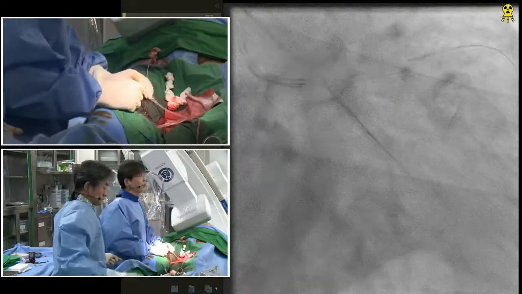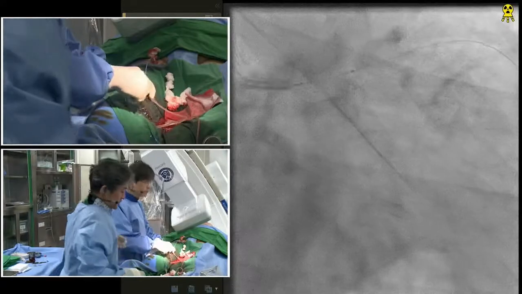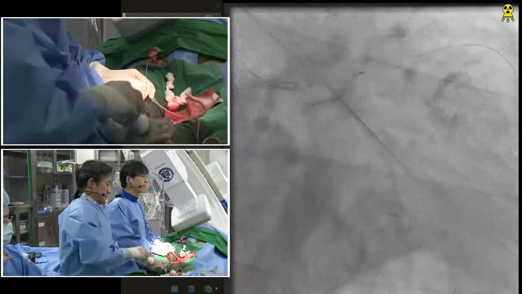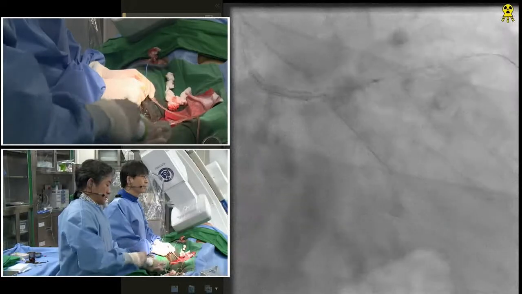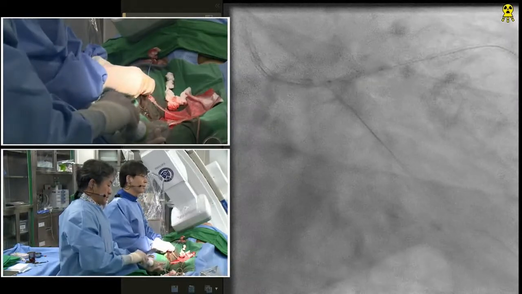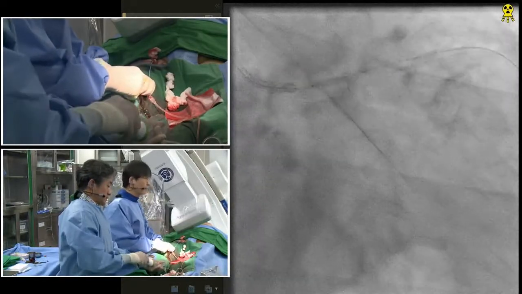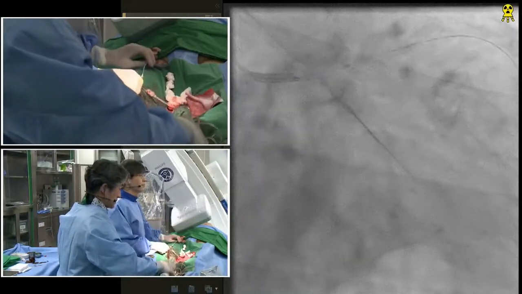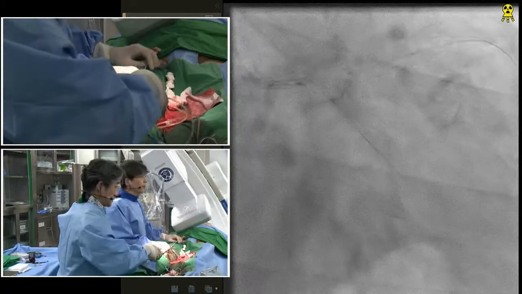Okay, anyhow. Inflate. Inflate. 16. 16. 18. 18. 20. 20. Deflate. Okay, take an angiogram,